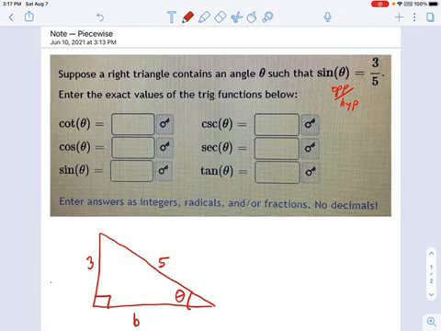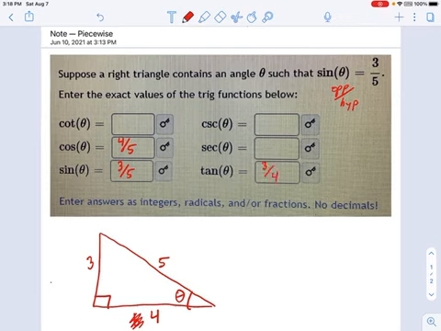So now we'll take that information. I can get rid of that b and replace it with the number 4. And now we build our trig functions. So sine of theta, well, that's easy. That was actually given to us at the beginning. So I guess you could have gotten 1 out of 6 parts of this right, even if you had no idea what you were doing. So great. The cosine is adjacent over hypotenuse. That's 4 over 5. Tangent is 3 over 4.